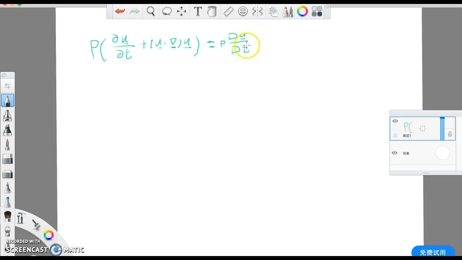The big D just represents the material derivative or the convective derivative, and that's equal to minus